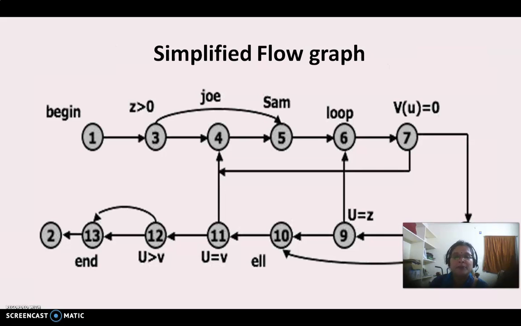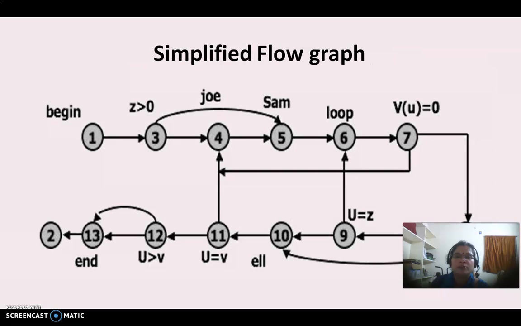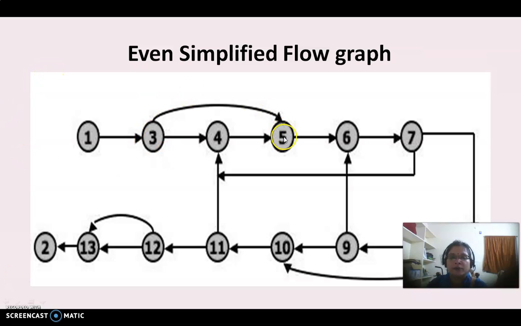Okay, so this particular flow graph can be simplified even further. Actually, what is a graph? A graph is a collection of nodes and the edges between them. Whatever you are showing should be brought into the form of a graph, represented in the form of nodes and arcs. We have to simplify it even more. So the even more simplified flow graph looks like this. See, there is a communication between 3 and 5. Why? Because it is a decision statement, so it is directly jumping from 3 to 5, and no detailed representation is there here.